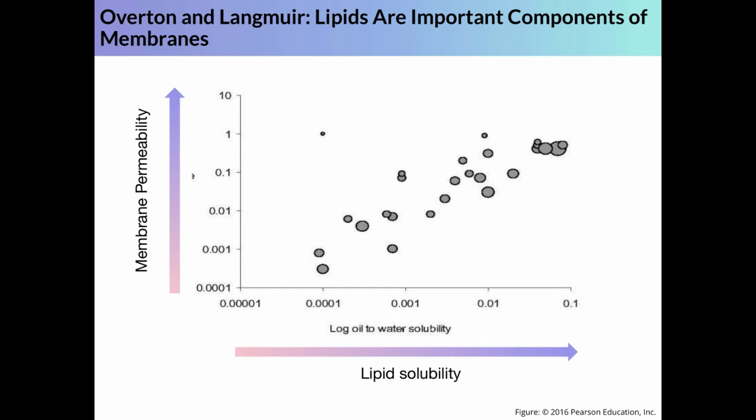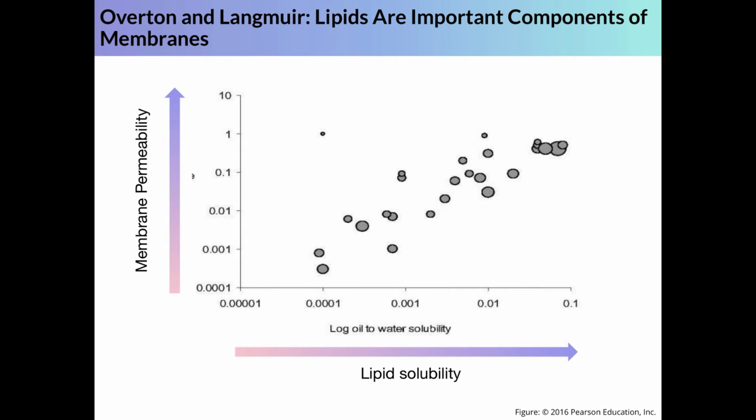On the x-axis, we have the lipid solubility, with the higher numbers representing higher lipid solubility. And on the y-axis, we have the membrane permeability. As you can see, the higher the lipid solubility, the more permeable the membrane is to that particular compound. That result suggests that membranes are composed of lipids because compounds that are soluble in lipids can readily pass through